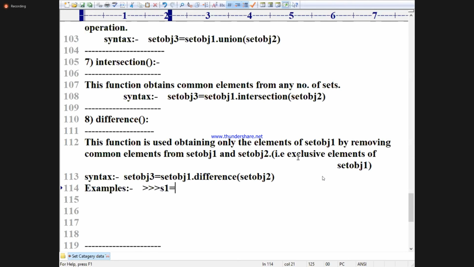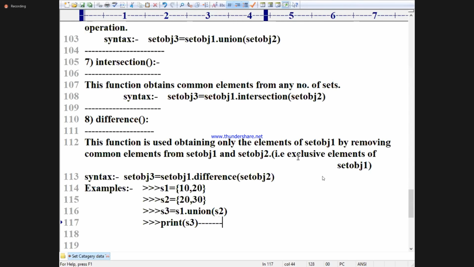S1 is equal to 10, 20. A short example I'll write. S2 is equal to 20, 30. I will apply: S3 is equal to S1 dot union of S2. Print S3. I should see what elements you will say. S4 is equal to S1 dot intersection of S2.